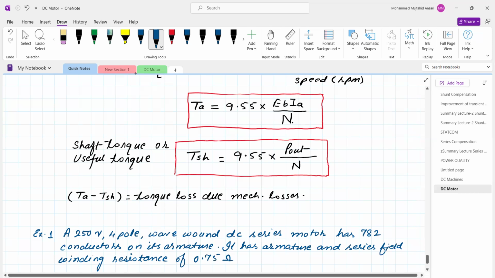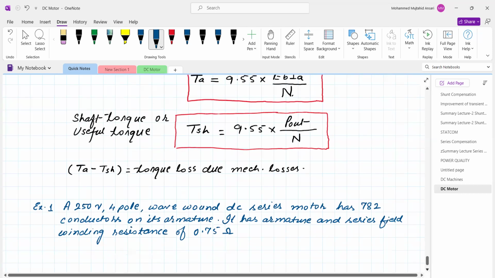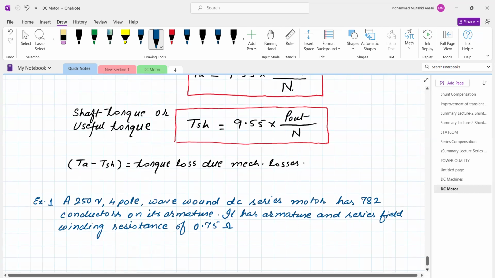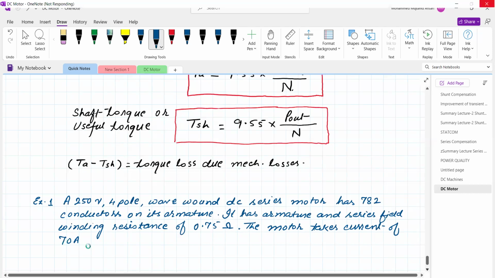Means the total resistance of armature and series field is this one. The motor takes a current of, sorry, 40 ampere. It's 40 ampere. Estimate